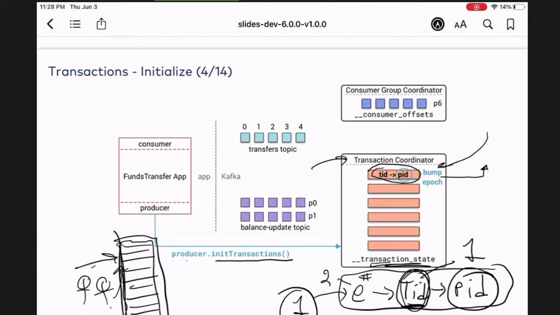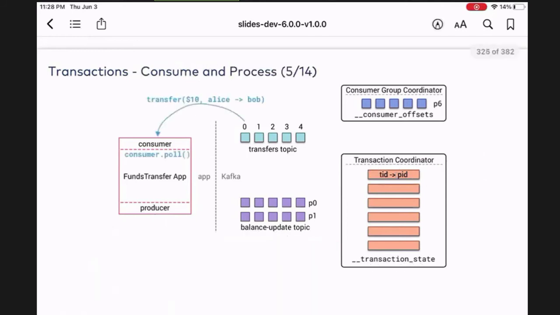And it does something. What does it do? They say it enables reliability semantics that can span multiple producer sessions, since it allows the client to guarantee that transactions using the same transactional ID have been completed prior to starting new transactions. And that's a note we added into your documentation. But just know for now that when I use this API, all of that is going to be handled.